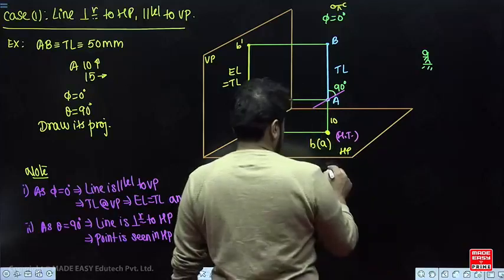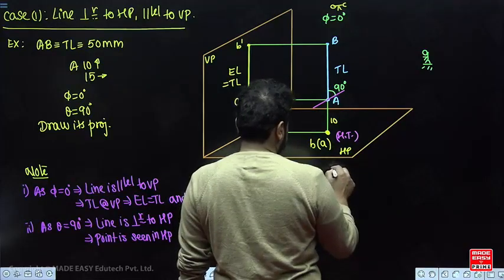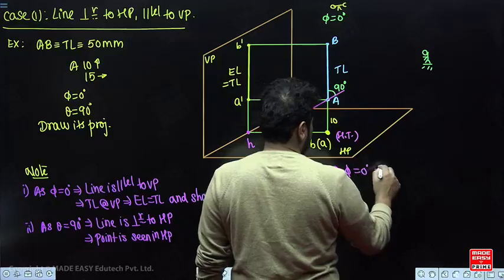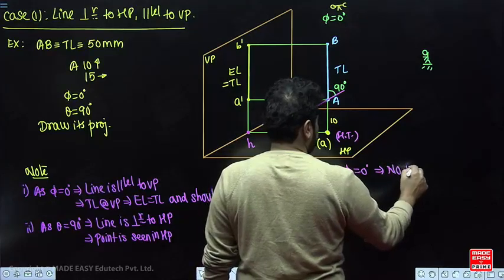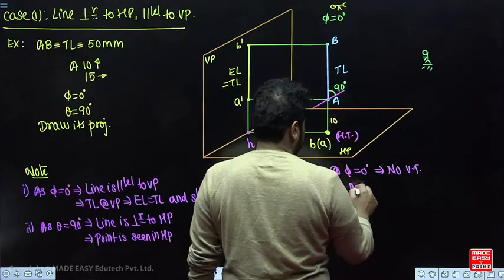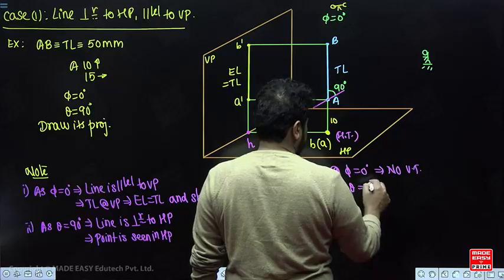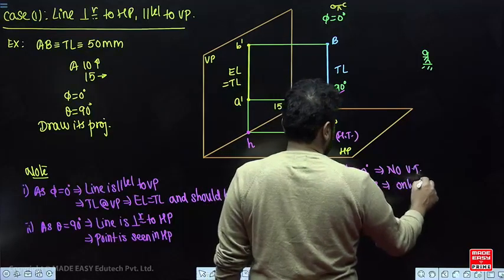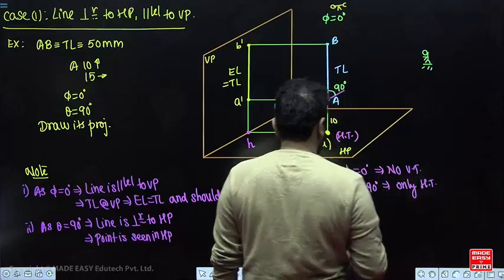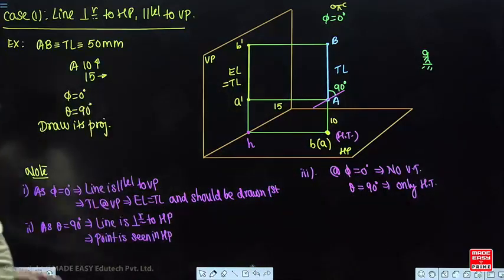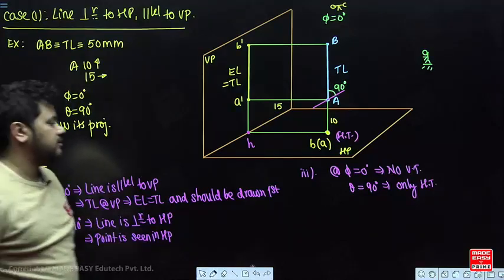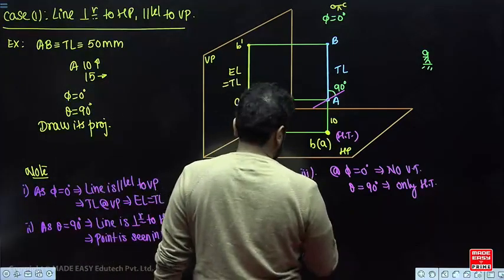So at phi is equal to 0, no vertical trace, and theta is equal to 90 degree, only horizontal trace, isn't it? Third point, here phi is equal to 0 degree, there will be no vertical trace because line is parallel to VP. Theta 90 degree, line is perpendicular, so only HT. And the fourth point,